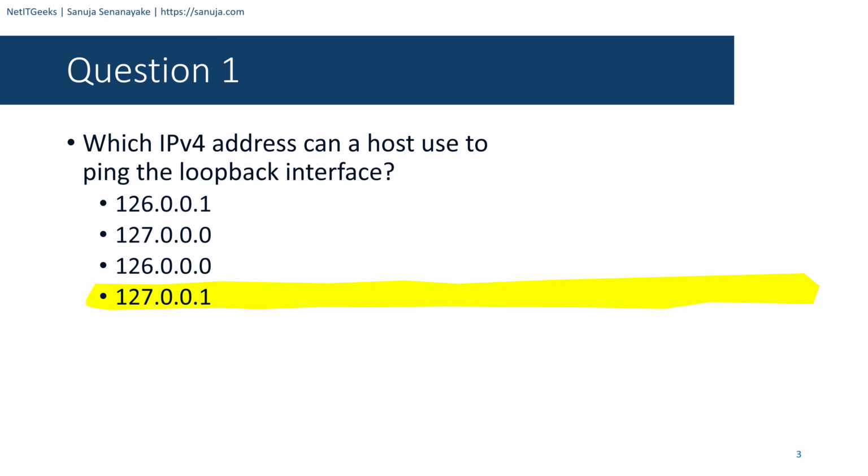In the TCP/IP model, our loopback address is always going to be 127.0.0.1 in the IPv4 configuration, and the range for loopback addresses can start from